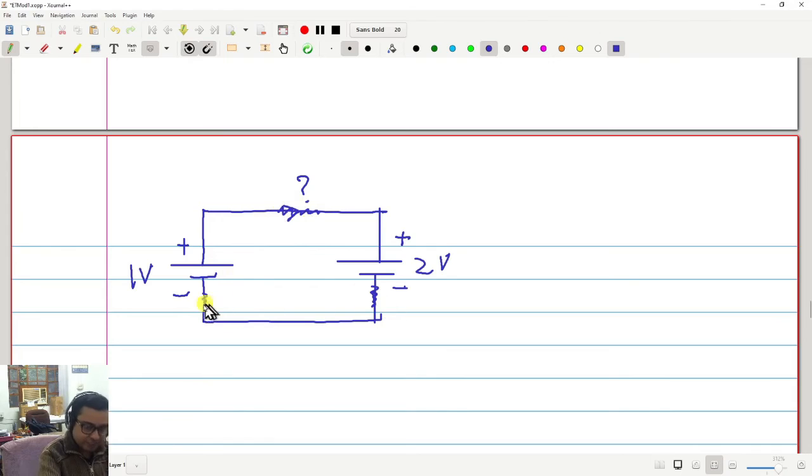The internal resistances are expected to be small for voltage sources. So what will happen? Not infinity, but still a very high amount of current will flow, and that will cause a huge amount of heating, and the batteries may even explode. So in a laboratory or anywhere, never ever try these types of dangerous things. We should never do this.